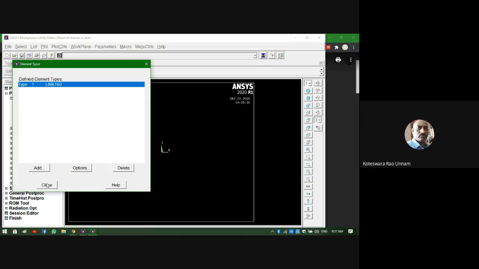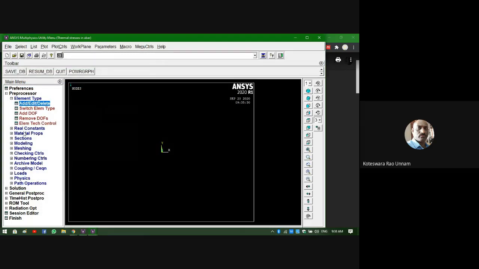That's why I'm selecting only one element type, Link 180, not three. The materials and cross sections are different, so I need three different materials and three different cross sections, but the element type I can use only one.